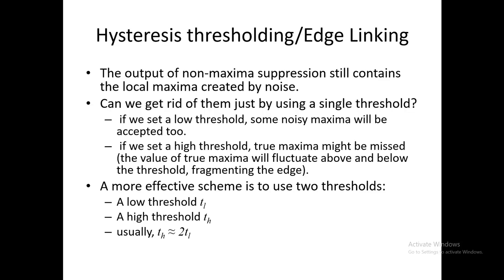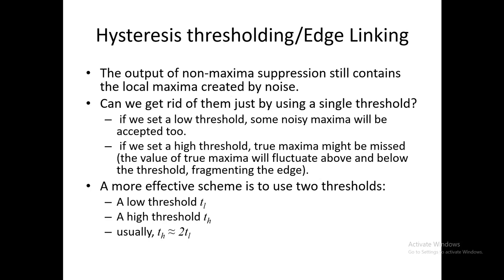This is the hysteresis thresholding, or edge linking. As we have said before, the output of non-maxima suppression still contains the local maxima created by the noise. So can we get rid of them just by using a single threshold? If we set a low threshold, some noisy maxima will be accepted too, and if we set a high threshold, true maxima might be missed. The value of true maxima will fluctuate above and below the threshold, and that will result